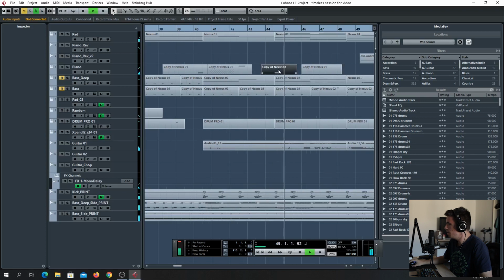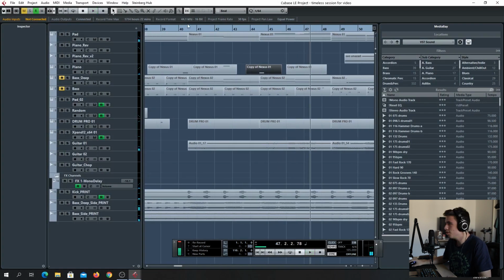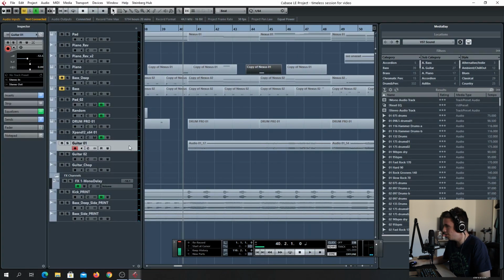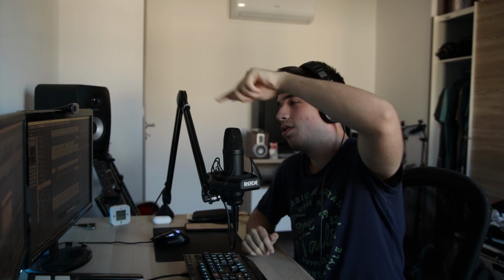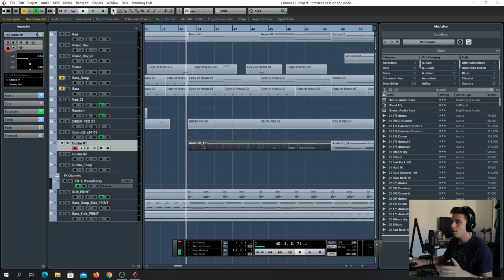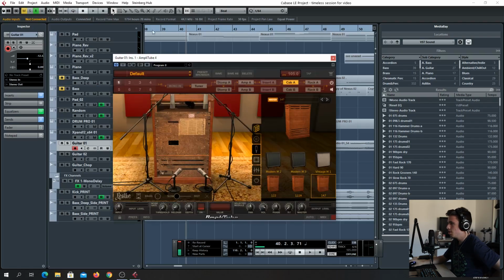Again, we have some piano hits right here, bass, pads in the background. Also in this section we have a guitar. I almost forgot about that. So that's my electric guitar plugged into an amp, and then from the headphone out of the amp recorded straight into here. And on top of that we have a lot of effects, for example this amplitude amp simulation, mainly because of this speaker,